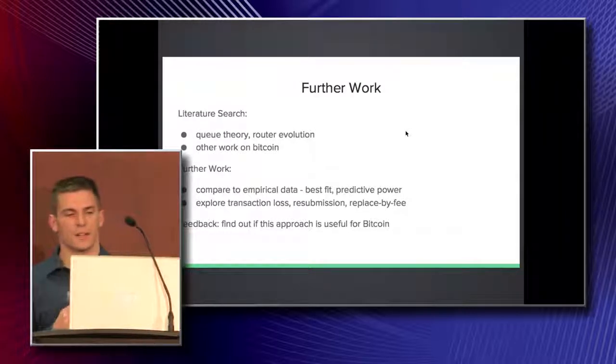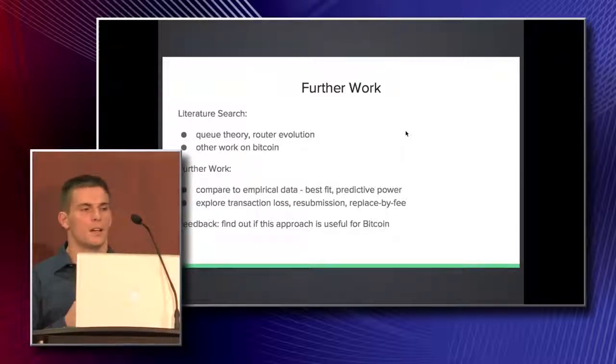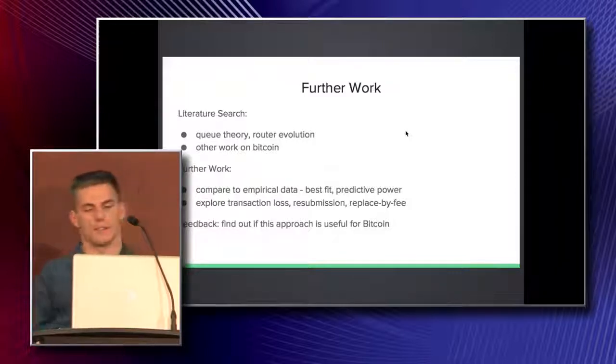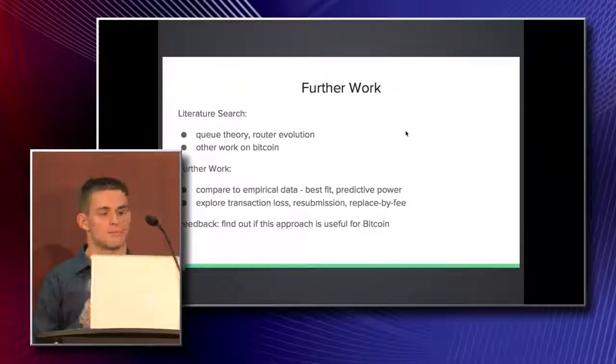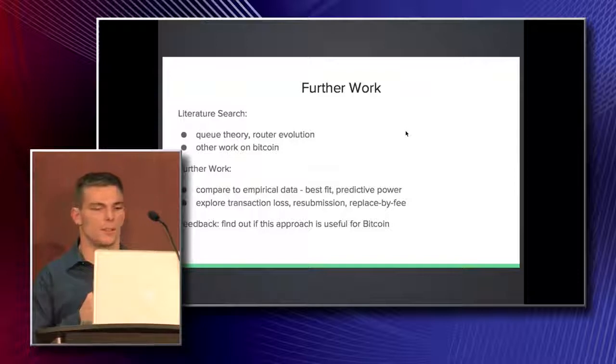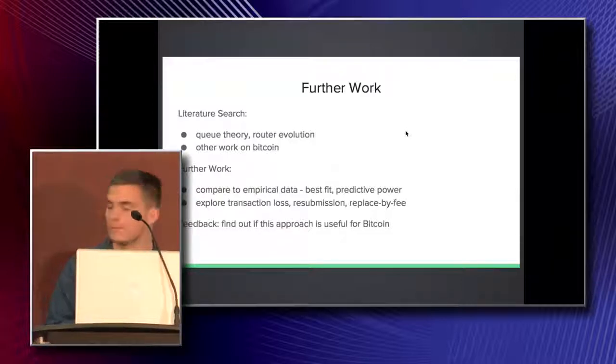And the second way is that we want to expand our simulation to include things like transaction loss when the user resubmits a transaction, as well as replace-by-fee. That is reordering transactions in the queue, because like I said earlier, our model is currently a FIFO queue, so no transactions are lost, and fees are not taken into account in our simulation. So, yep, expanding on those, I think, would help give us a more accurate model of the actual load spike simulation for Bitcoin. Thank you.